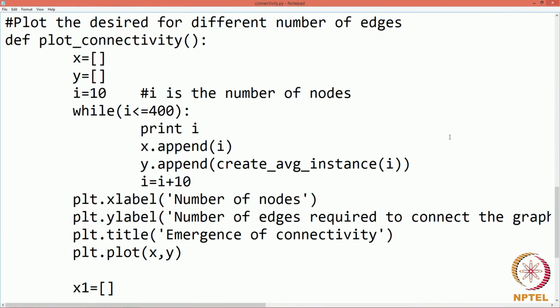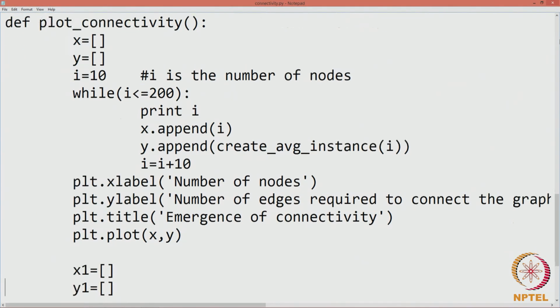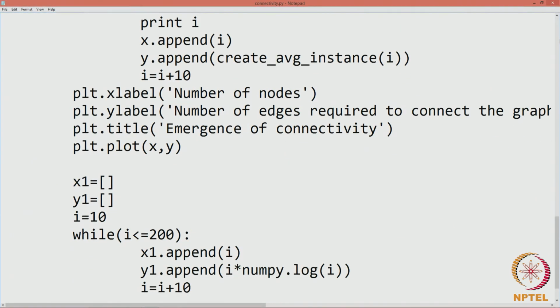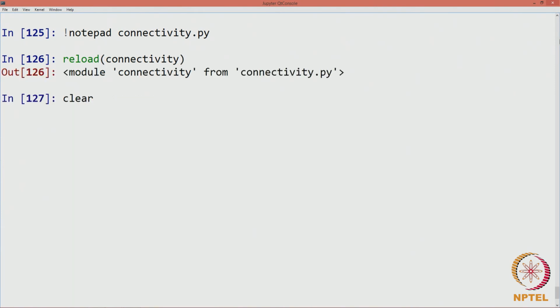For the time being, let us make this I 200, since for 400 it takes a lot of time. Let us see how it works for 200. But if we see our code below, for the second plot, it is still plotting till 400 nodes. So, we also change this and make it here 200, and now we just save this code and let us run it. So, let us reload our file